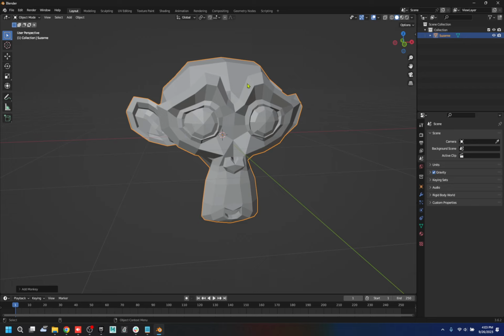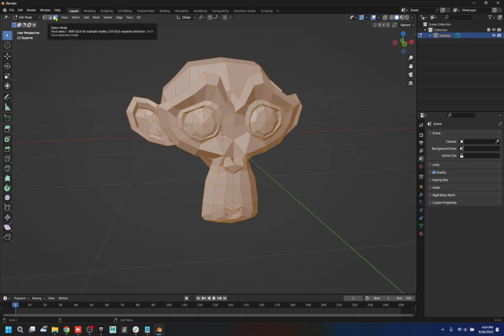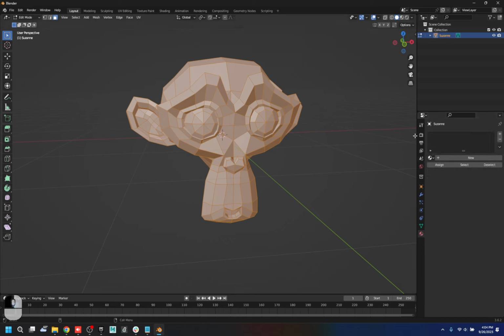So Blender has different modes. We have object mode if we want to move objects around, but if we want to edit objects, we want to go to edit mode, right? And now I can see vertex points, lines, polygons. It all depends on how I want to select. Do I want to move vertex points or lines or polygons? On the right side in your details panel, all the features of Suzanne, we want to go to the very bottom, which is called material, or shaders, right? And then I'm going to add a new material,